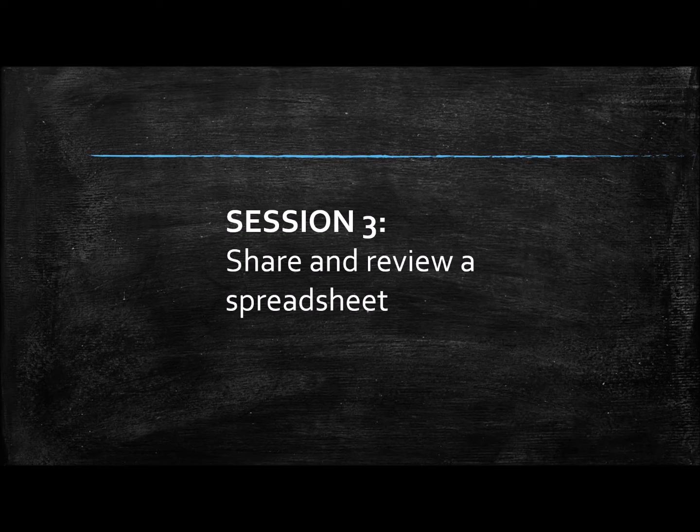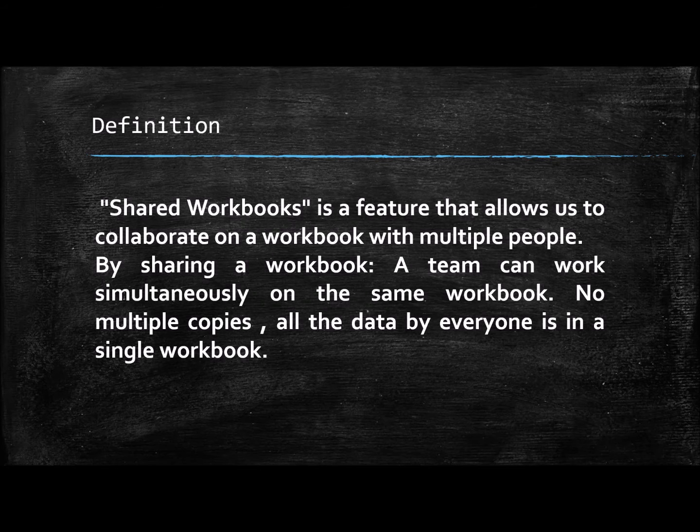In session 3, we will learn how to share and review a spreadsheet. Sometimes when we are working with a spreadsheet in our workplace, there are some other people who are working on the same worksheet. In this situation, we need to share the worksheet with multiple users on the network.